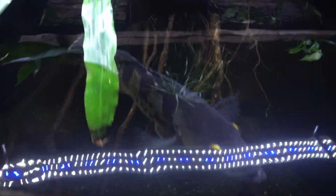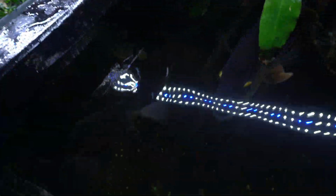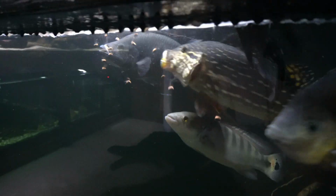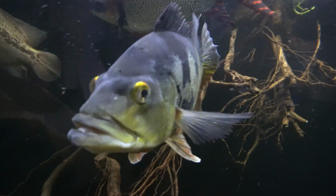Not all the fish in this tank like raw foods, so I have prepared foods like this for my Oscar, my male jaguar, the pierceye, the flagtail. They eat those harder foods. And then I have sinking foods for the catfish, and the pike likes the sinking foods. The mensesi, he eats it as well. But you see this fish waiting for something? It's waiting for the tilapia. So I just...